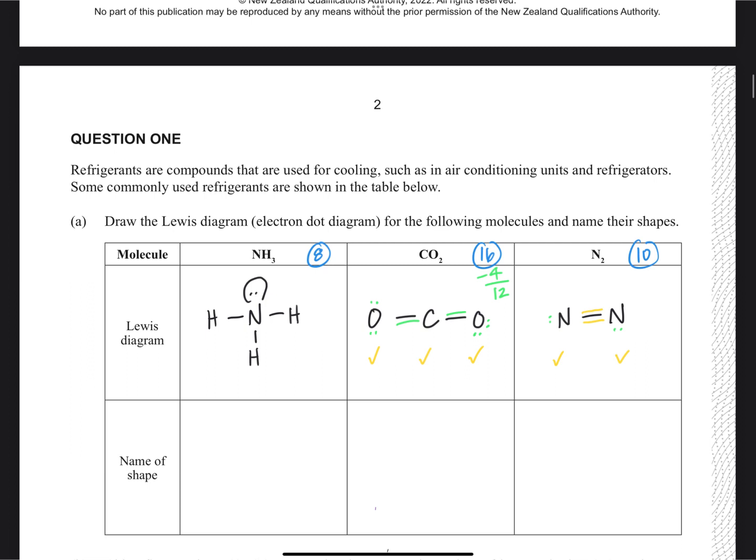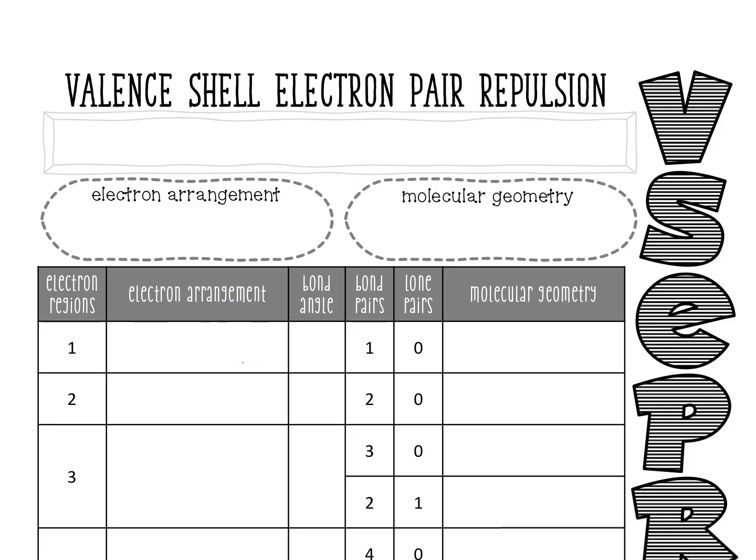Now, the name of the shape comes from the valence shell electron pair repulsion theory, also known as VSEPR. So, while you turn to that page, I'm going to turn to mine. All right, valence shell electron pair repulsion theory states that the structure